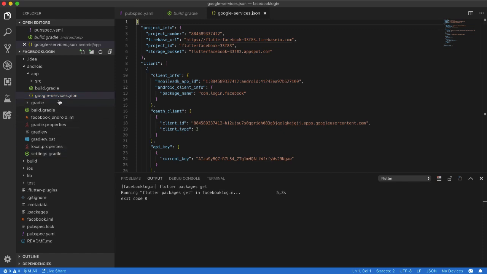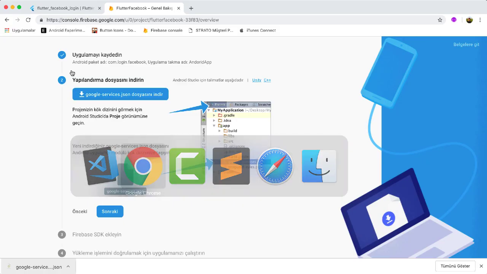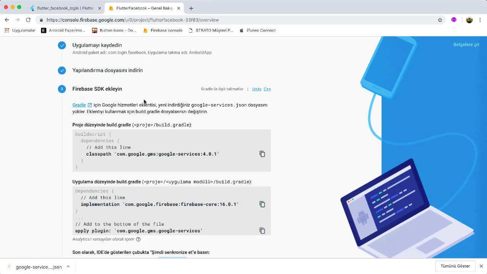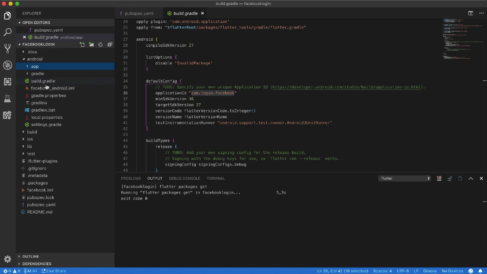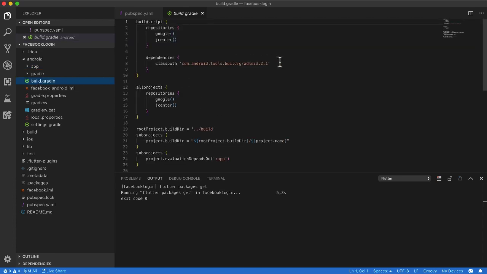Okay, the name should be google-services.json, and I close it. After this, I should add all of this to my project. It says the project build.gradle. I'll add this under the dependencies. Okay, I copy it and going to open Android project, and there is a build.gradle, and there is a dependencies, and I paste